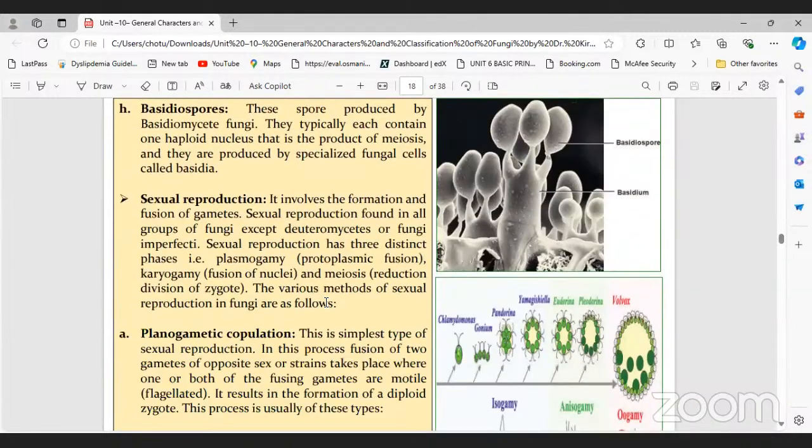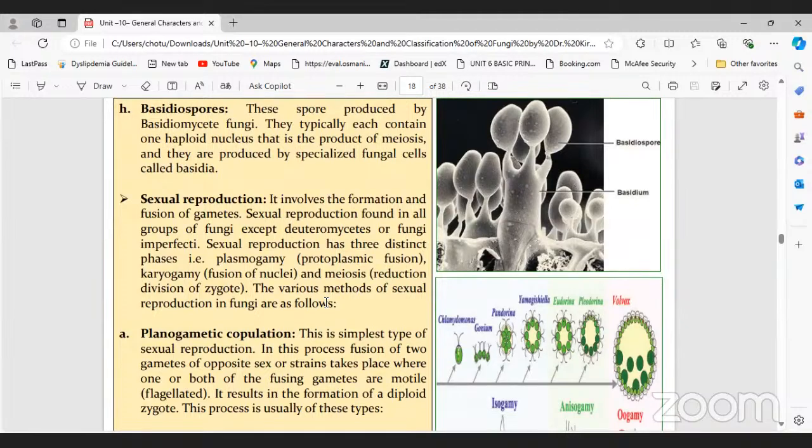See, here in fungi, sexual reproduction involves three principal events. How many principal events are there? Three principal. Plasmogamy, first principle. What is the first one? Plasmogamy. The second one, karyogamy. The third one is the meiosis. These three you can observe from the type studies of the